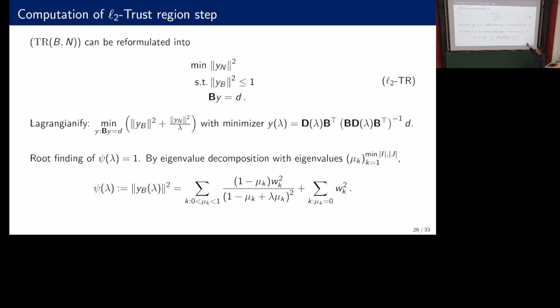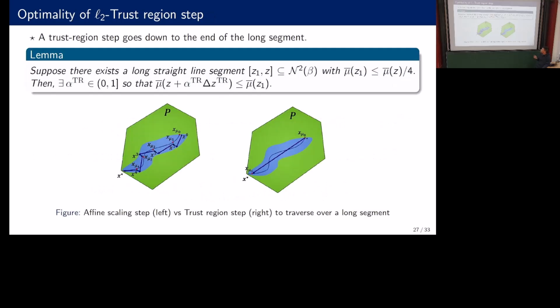So basically you can formulate it by a Lagrangian function, and then it becomes a parametric search problem, which is a root finding problem, and this function can be expressed as a convex monotone function that is also multiplicatively Lipschitz by using eigenvalue decomposition for some matrix. And then since the function has nice properties, Newton's method has quadratic convergence. So that gives this log 1 over delta running time previously.